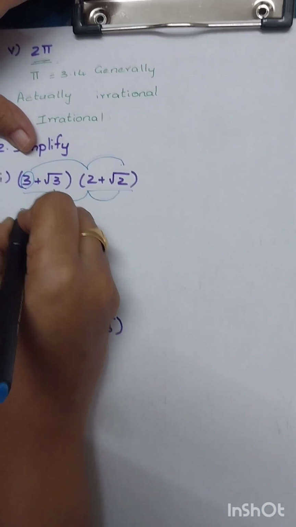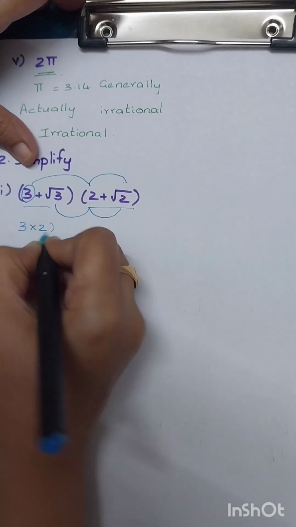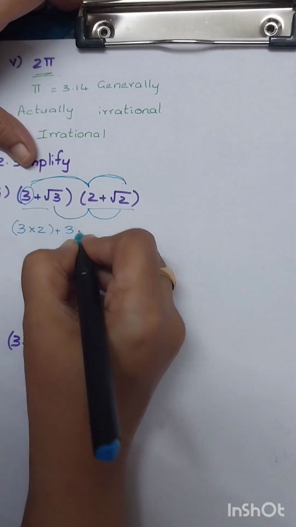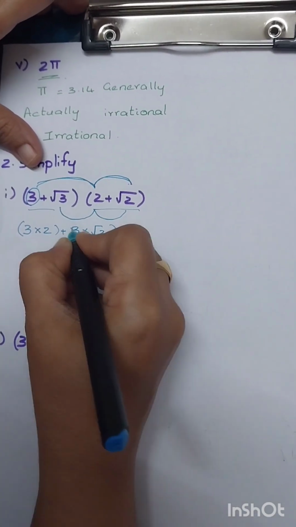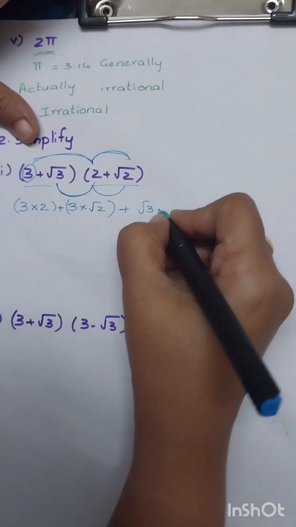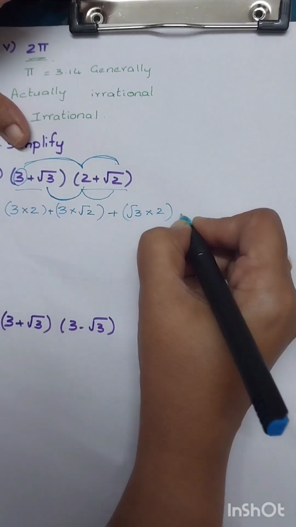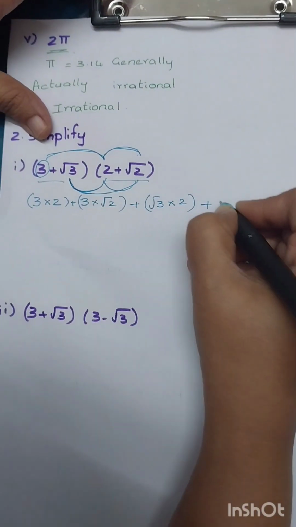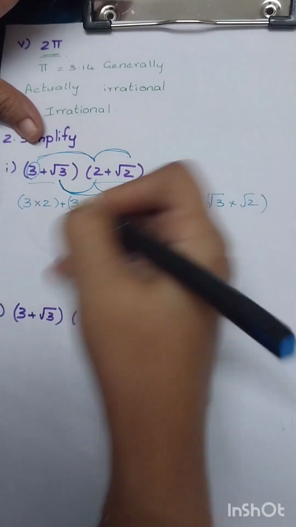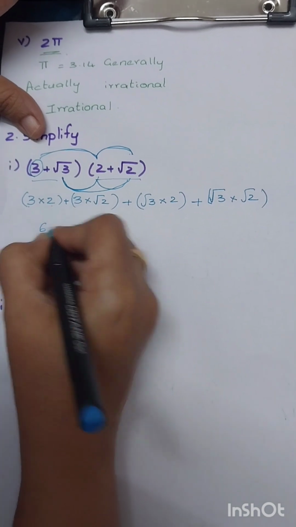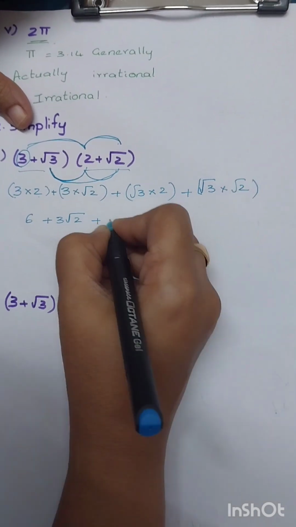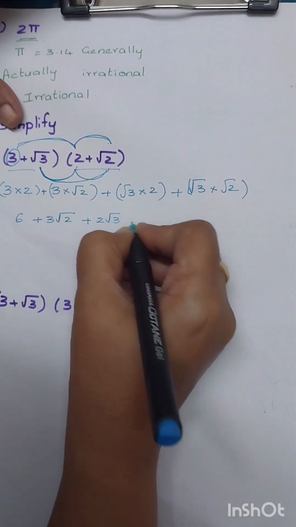See, 3 into 2 is the first term. Then the second term comes, plus 3 into root 2. This is the second term. Plus the third term, square root of 3 into 2, plus the last will be square root of 3 into square root of 2. So now let's simplify that. 3 into 2 is 6, plus 3 root 2, plus root 3 into 2 is 2 root 3, plus root